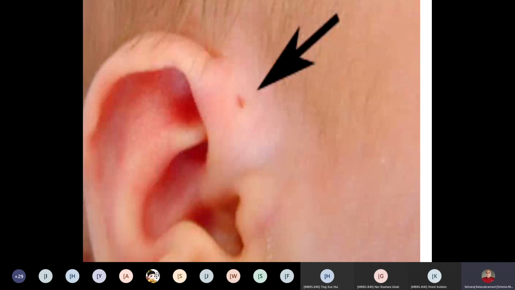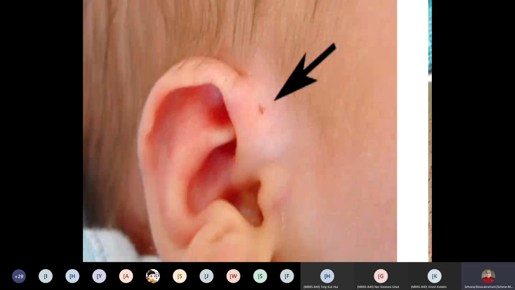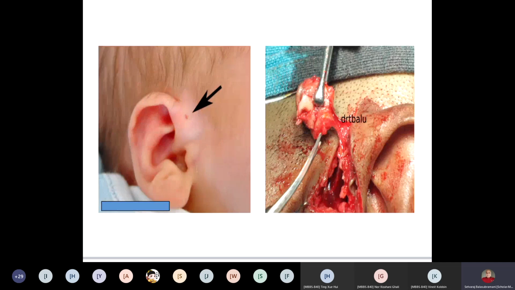Just beneath the skin, you will see a gland. That gland also you have to remove. Yeah, and then you can put the flap back, because this is a pediatric problem. I have done plenty of preauricular sinus excisions. That is why, basically I am a pediatric surgeon. I have done this surgery quite a number of times, numerous times. You have to excise only if it is symptomatic. Otherwise, just ignore it. It is not going to give you any problem.